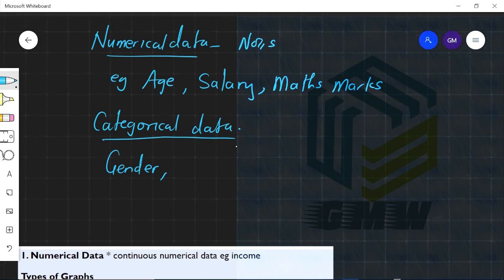Blood group. You see, you belong in a certain category. Here we can even have a height. Your height is a number. We can have height as a number, but if we put it into levels, let's say your levels in maths,